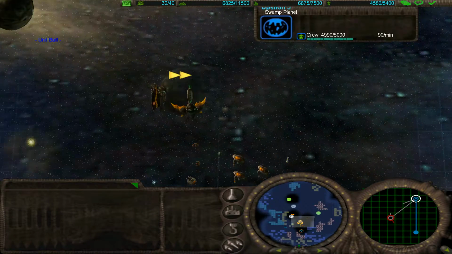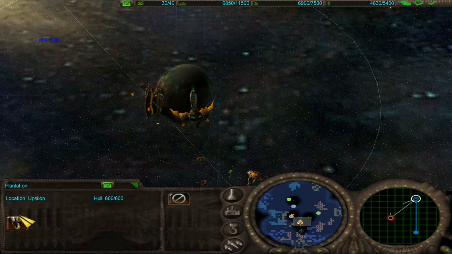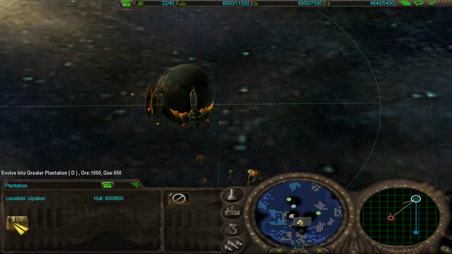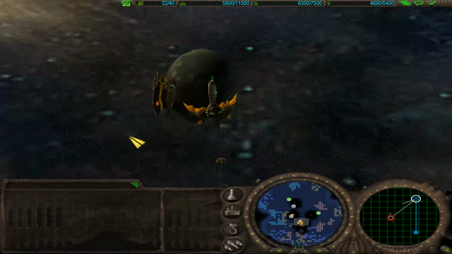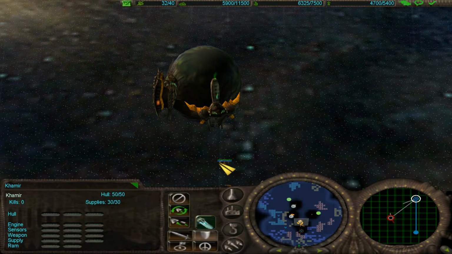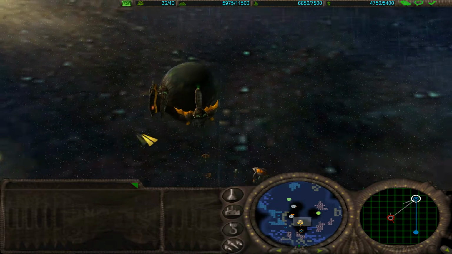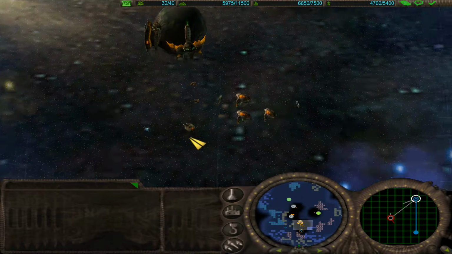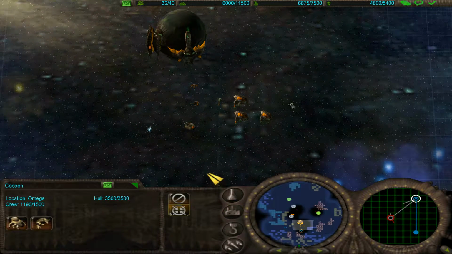Right, okay. Now I think I can evolve my plantations, can't I? Yes, I can. Plantations, I can evolve them into a greater plantation, which I believe increases their range and maybe gives them repair? I'm not too sure. Basic functions a bit like a repair yard, unless I can... Yeah, I can resupply at plantation, so I think greater plantation is the one that acts as a repair system as well. Idle shipyards was on B, so...